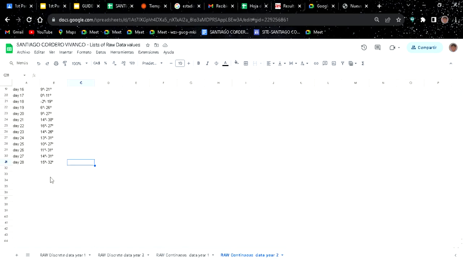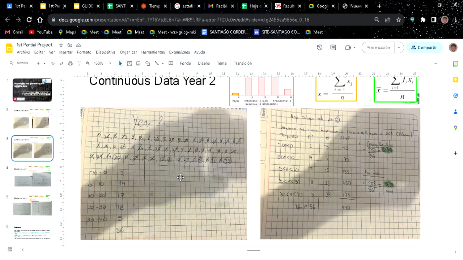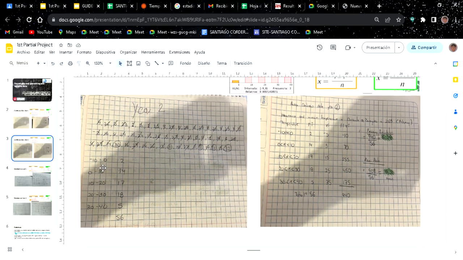Here is all the data, the same, 4 to 26, 5 to 22, 23, and it's the same month of February, but it's the year of 2023. Then the same, I write all the data here, and then I classify all of them